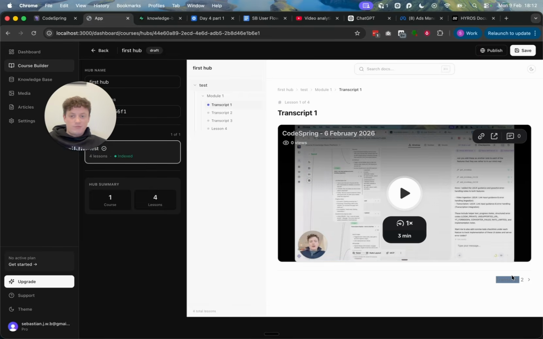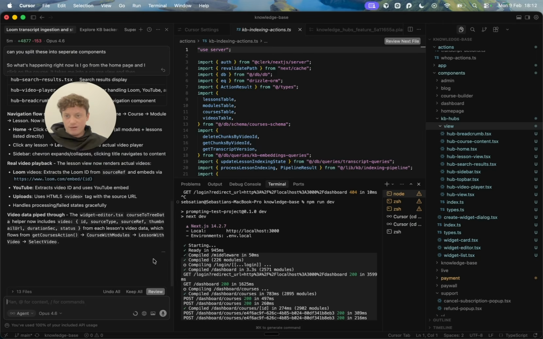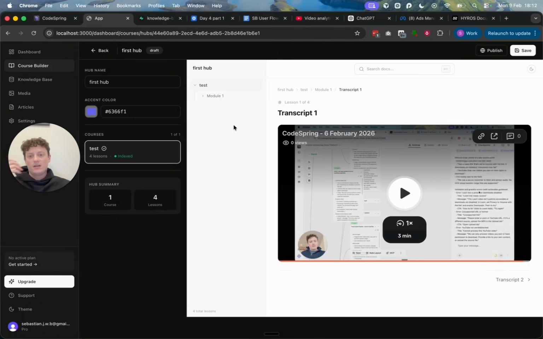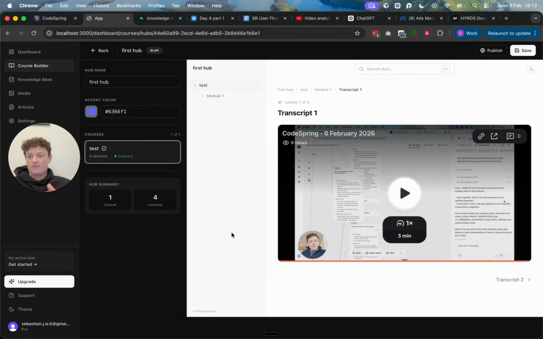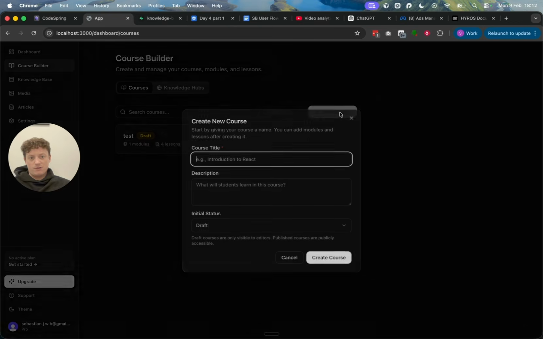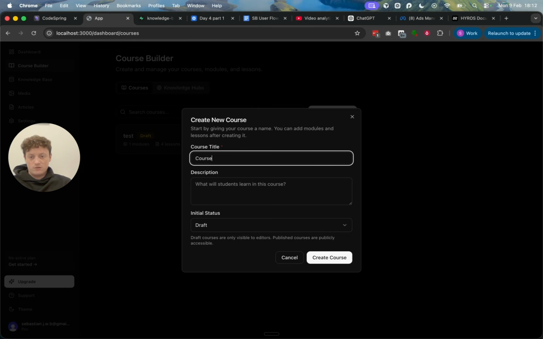And I can swap through the lessons, which I think looks pretty good. I'm pretty happy with that for now. I think that'll probably do, just in terms of basic UI. The way I like to design things is we build the UI first, and then we can iterate and design from that. So what I'm curious about is if we create a new course, we'll call this course